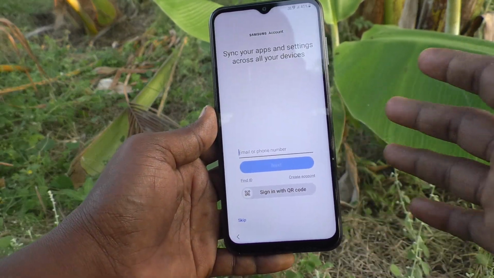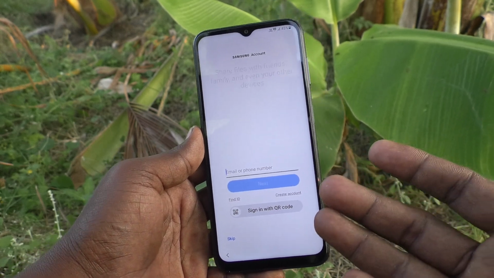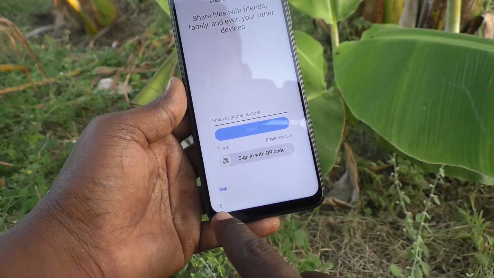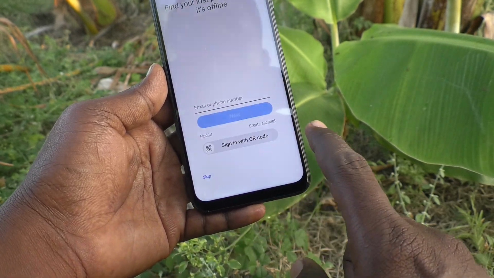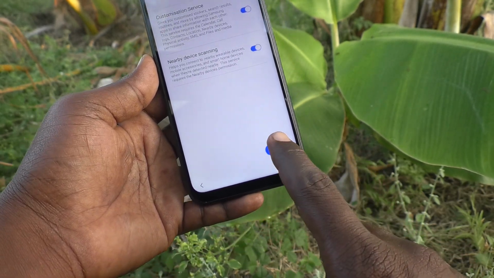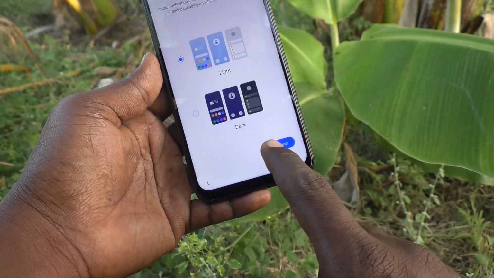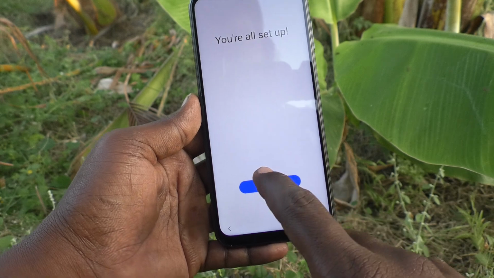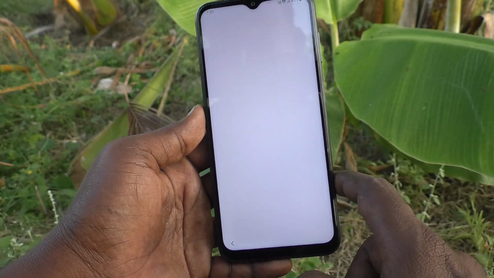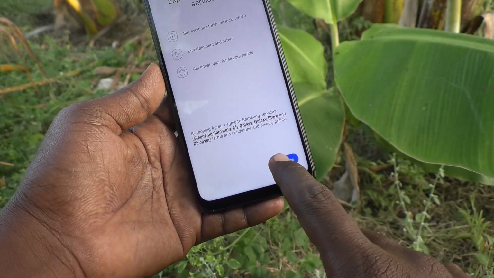If you don't want to sign up with an email ID here, just click on skip. I don't want it as of now, so click on skip, and click on agree, click on next, finish. You are all set up. Just finish. Click on agree,